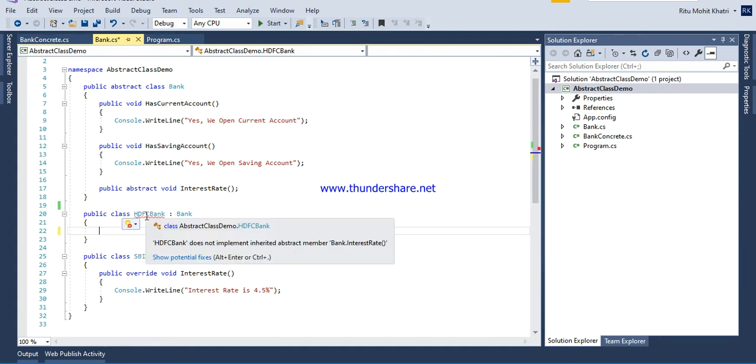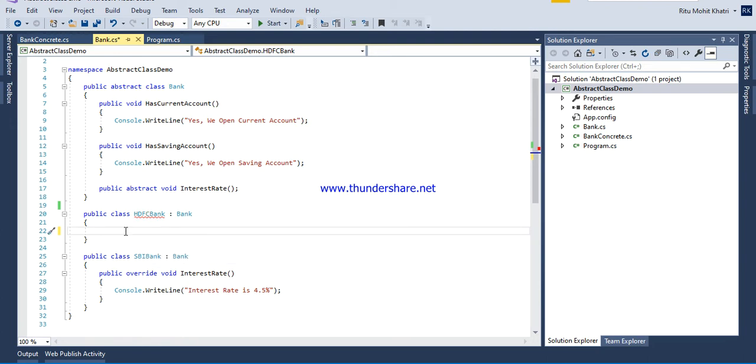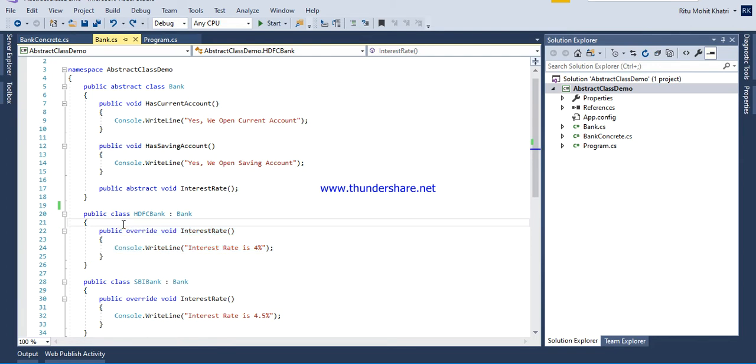It says we are not defining the interest rate method, that is abstract member. Okay, we need to implement this. So this is basically the purpose of keeping the method as an abstract method.